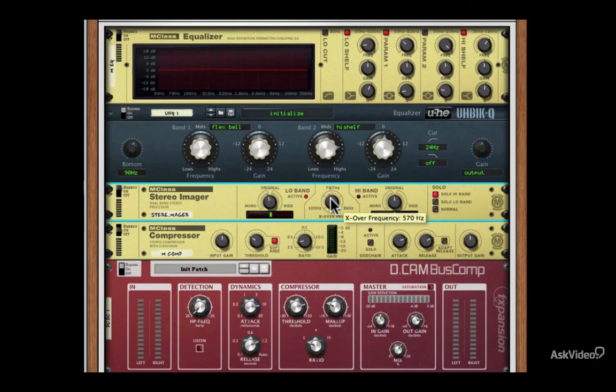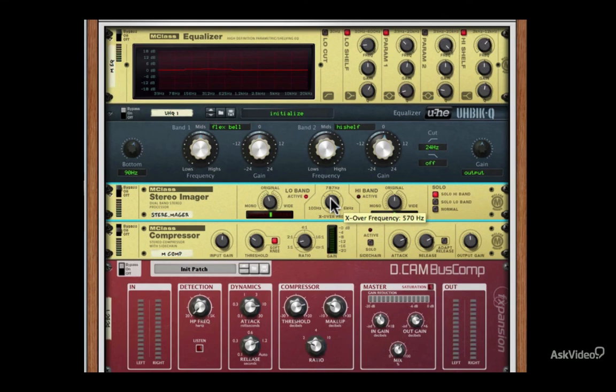The reason for this is low frequencies don't work so well when they're stereo. This is why kick drums and bass lines tend to work better in mono than in stereo. The same thing coming out of two speakers at once is generally more powerful than something different coming out of each speaker. Plus, you're not going to have any mono incompatibility issues or phase issues when things down there are just in mono. So let's take a look at how we can do it and how the stereo imager works,